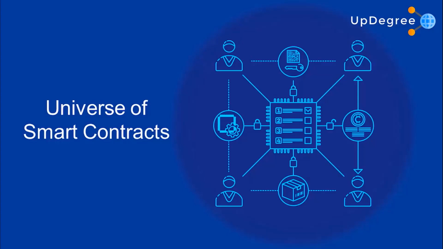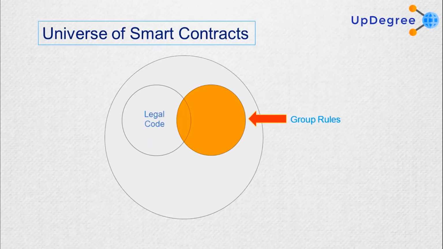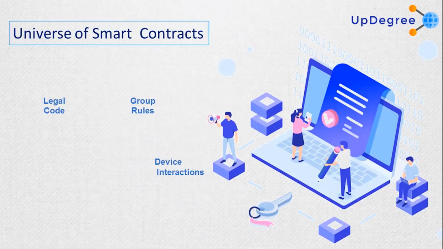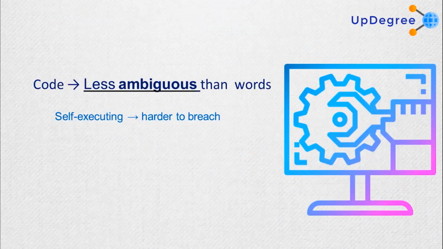where they agree to certain conditions. So let's understand the universe of smart contracts, where all it is applicable. It's a legal code, it has group rules, and it can also track device interactions. So three things: it has a legal code, it has group rules, and it has device interactions. And this is how it changes. Basically, you have a group, it forms a legal code, and it gets bound between the code where there are multiple parties in the system, and finally it is self-executing and it's harder to breach